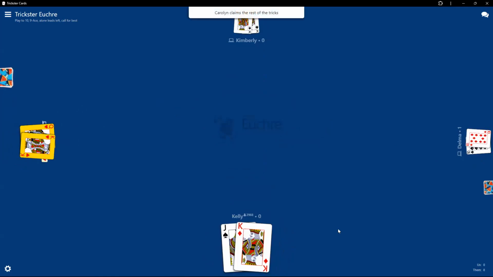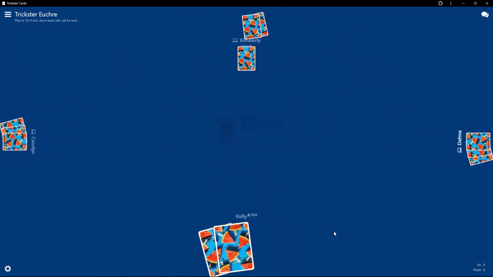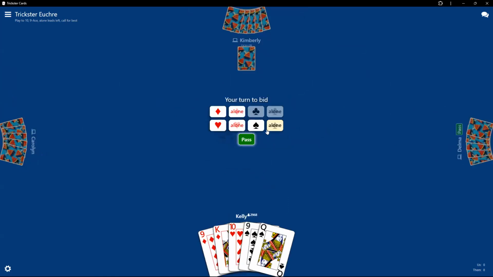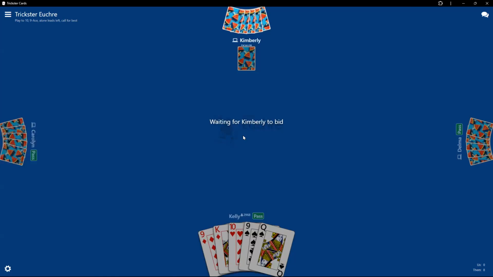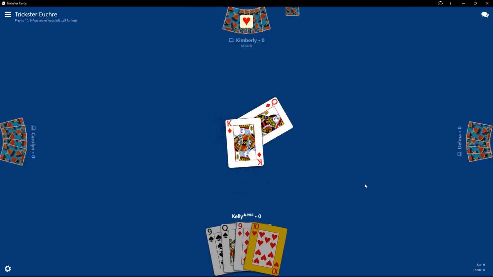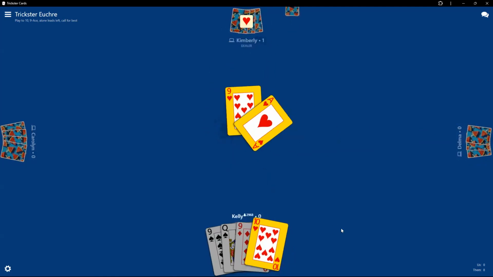Kind of curious why that person didn't go alone. Wow, isn't this horrible? They got two of them. Oh man. Oh, what a horrible hand. Please pass all the way around. Redeal. It got around to me. That's definitely a pass. My partner at least chose Trump this time. That is a good sign. I'm going to help them with this.